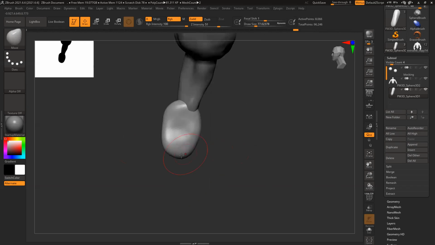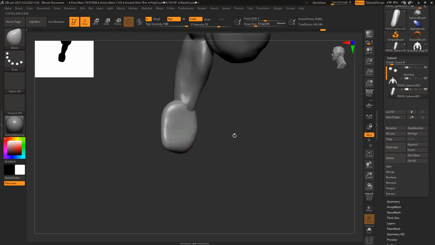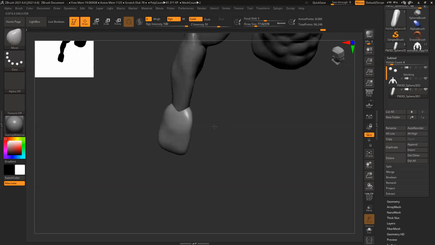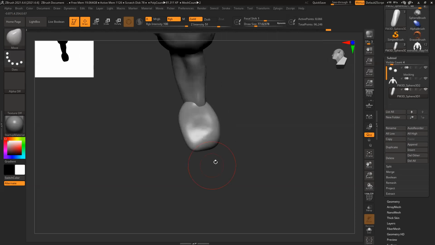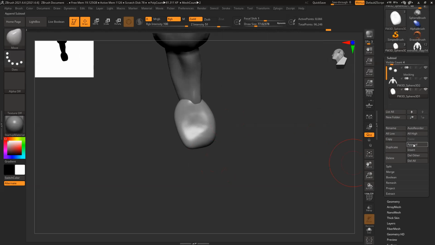And this is quite big. Now we need fingers. So how do we create fingers? I can use a cylinder or I can use a sphere also. I prefer to use a cylinder.